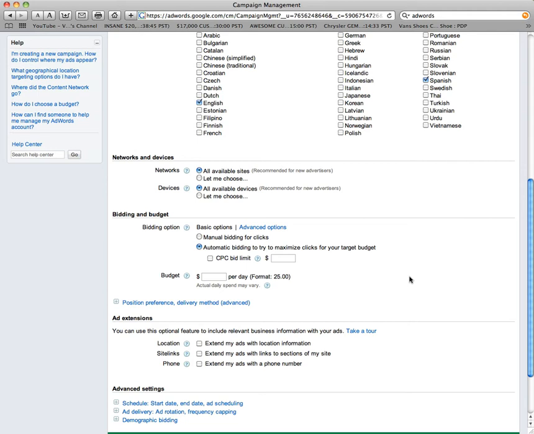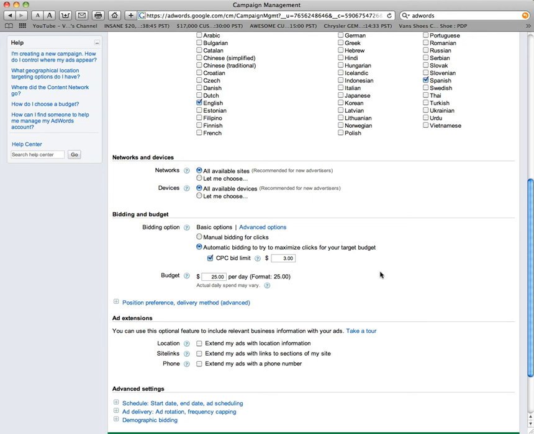And then you have bidding options. Automatic bidding is the default setting for this dealership, and you can set a limit that, for example, I'm not going to spend more than $3 a click, and I'm going to spend, let's just say, $25 a day. So in this particular scenario, this is about $750 a month, $25 a day, and no single bid is going